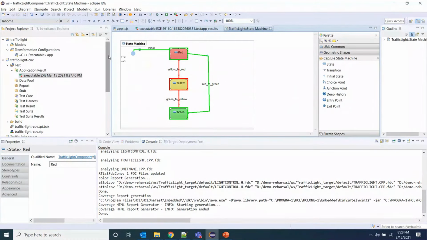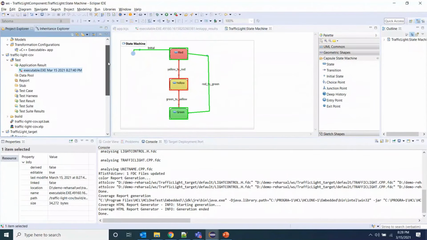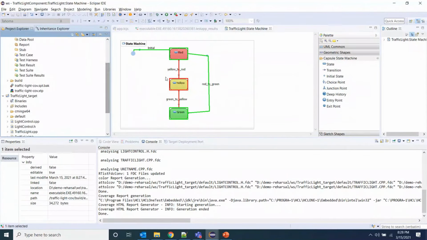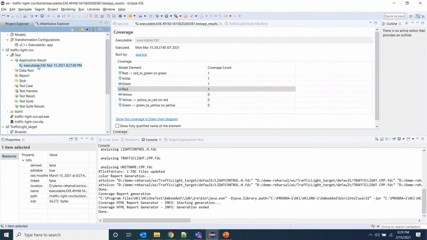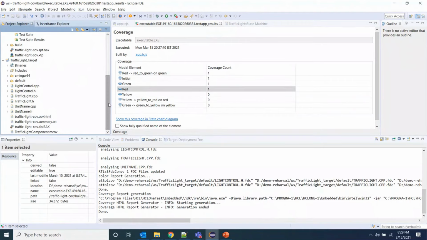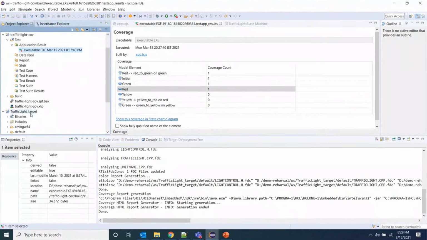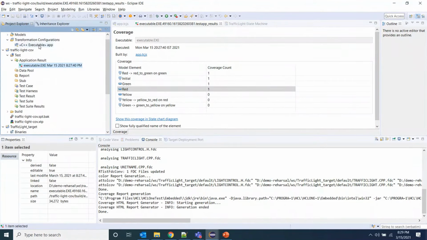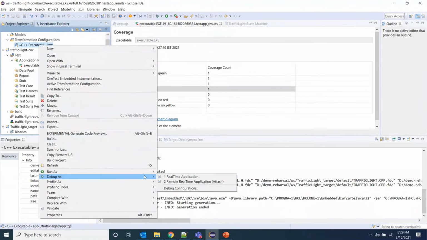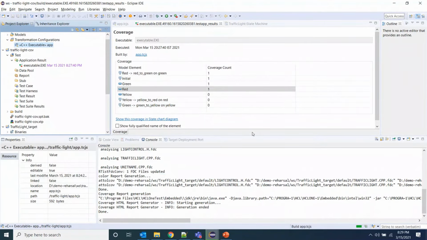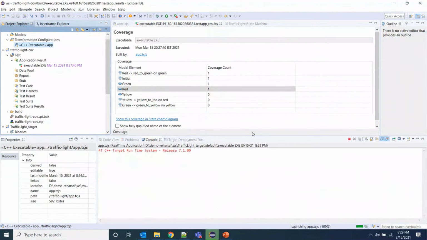To test one more scenario, I can run the application and do a complete cycle, and we can see the coverage result. For the new run a new coverage result will be generated, and we can open that and see. So once again I will run the application to see the coverage information if we do further coverage.